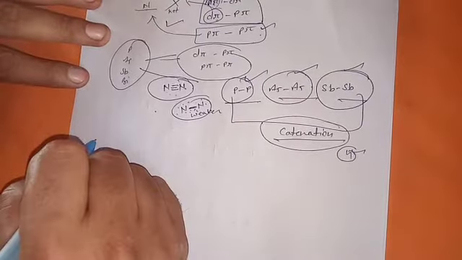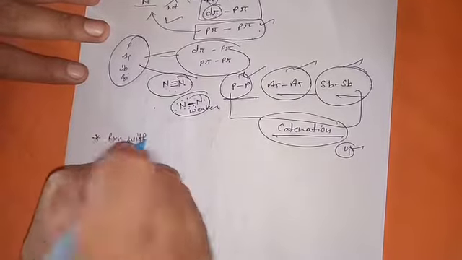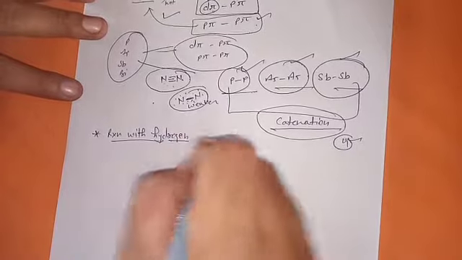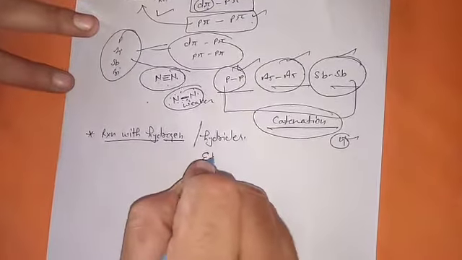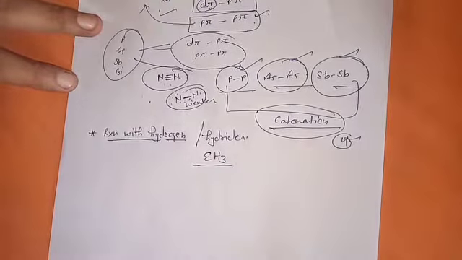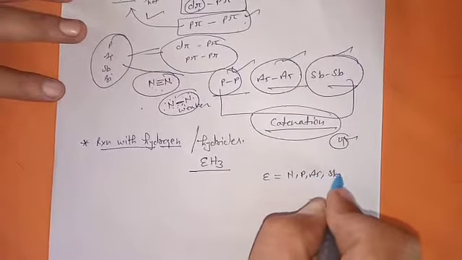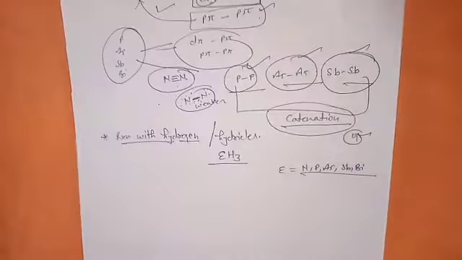Okay. Now the next one is reaction with hydrogen. What kind of hydrogen reaction are they forming? Those are known as hydrides. What kind of hydrides are they forming? Generally we will say they will form hydrides of EH3 kind. E is represented by nitrogen, phosphorus, arsenic, antimony, bismuth. They all form the hydride of EH3 type, because they show the +3 character there.